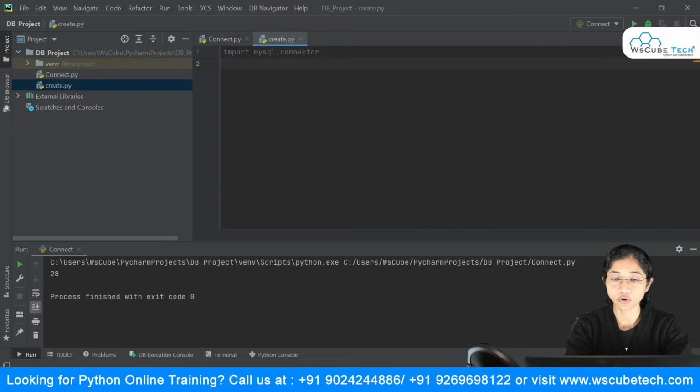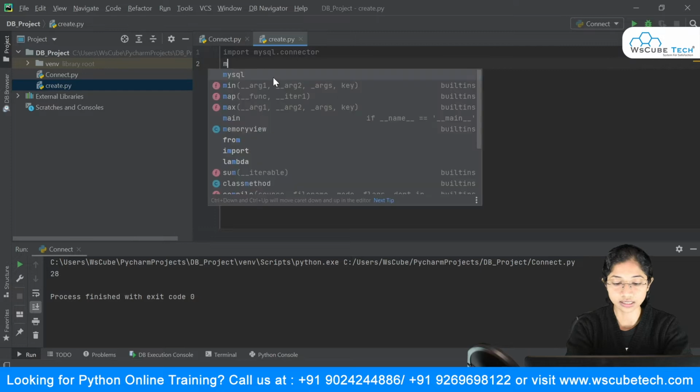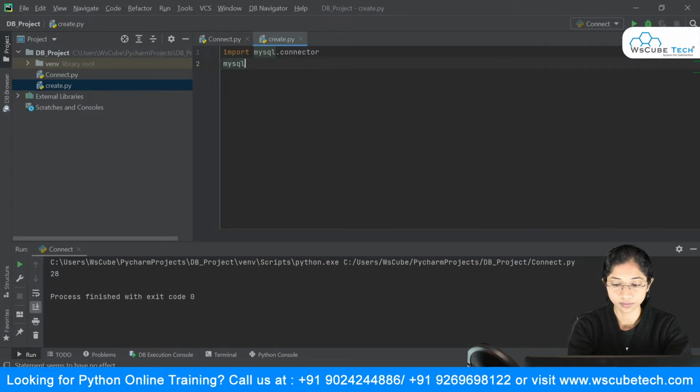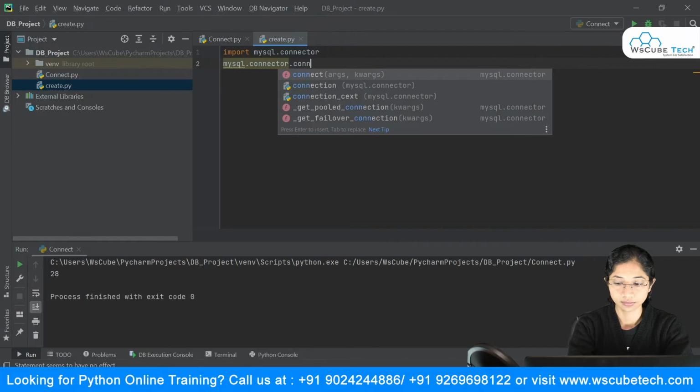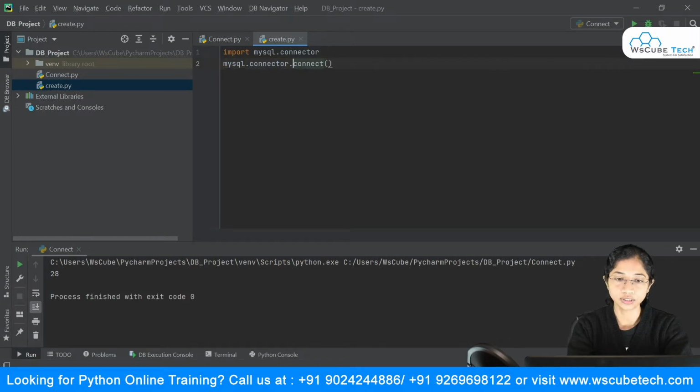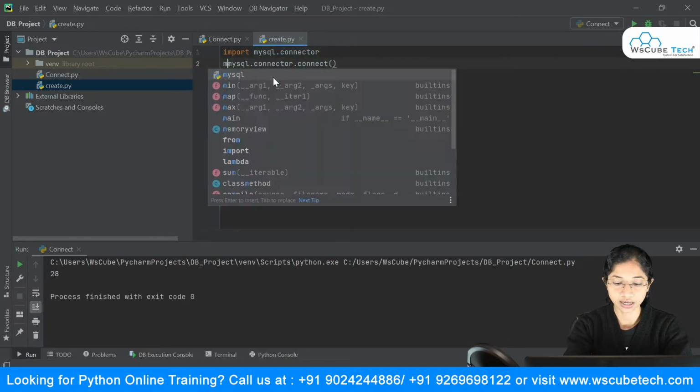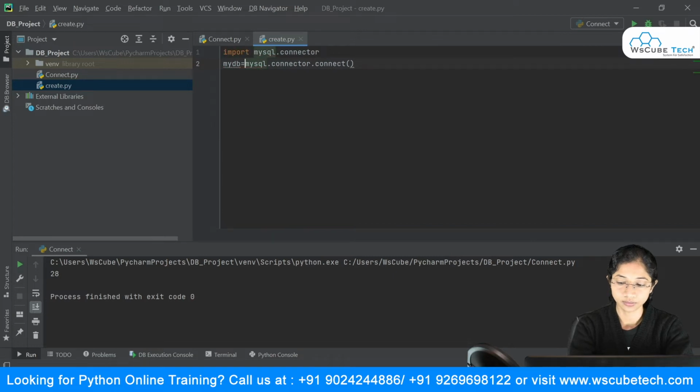Now the second step is that I want to make use of the connect method. That connect method is inside my mysql.connector. So I will simply say mysql.connector.connect, and I will put this inside a variable name, so I say mydb is equal to, and over here I need to pass the parameters.